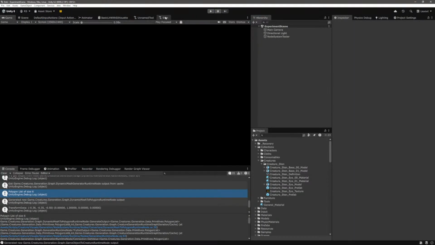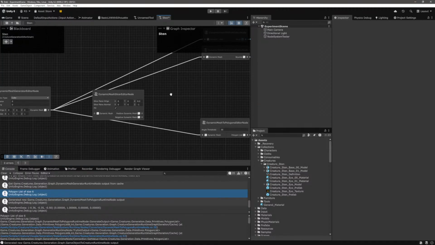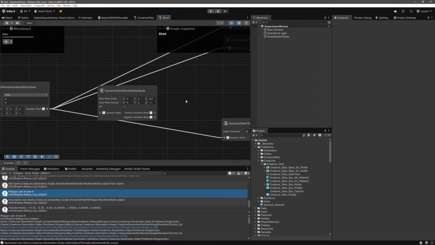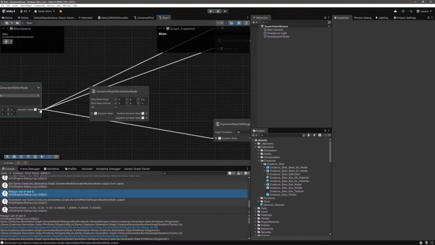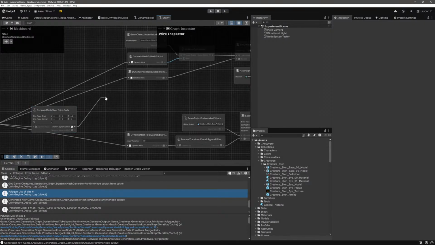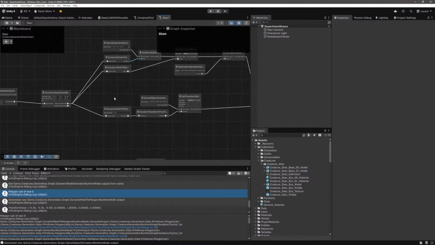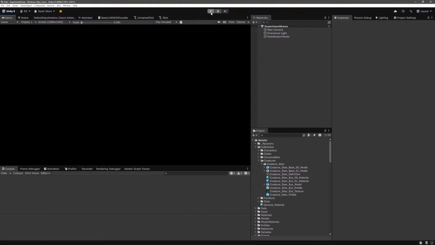But if we go to this graph again and we add a node called dynamic mesh slicer, which takes a dynamic mesh and slices it given a plane, and then if we just use the positive result of this, so we keep the part of the mesh that is on the same side as the normal of the plane, pretty much. If we take this, clear this, and play again,